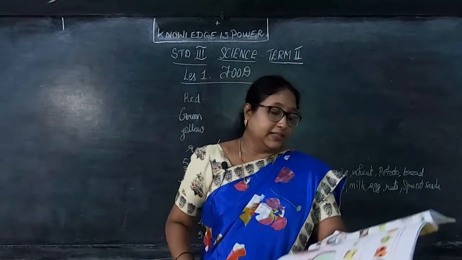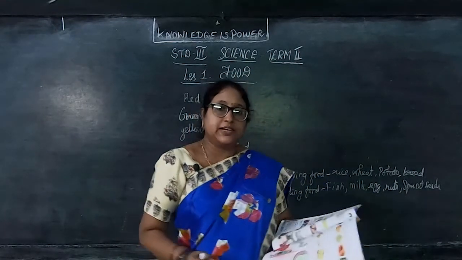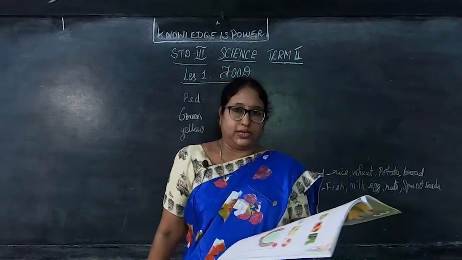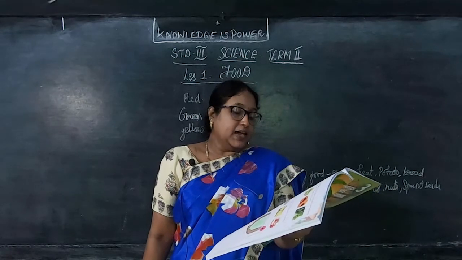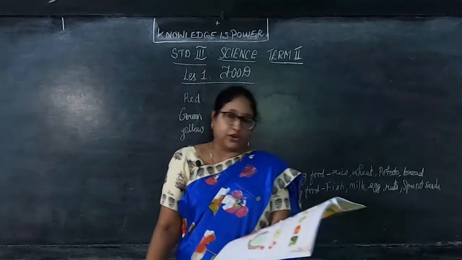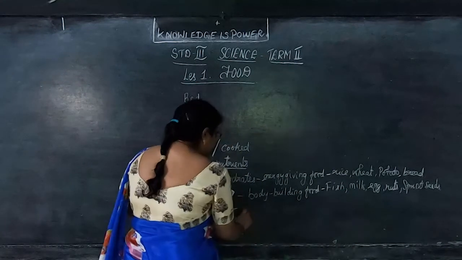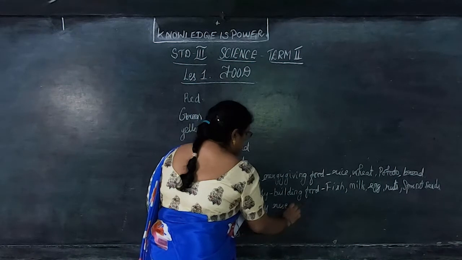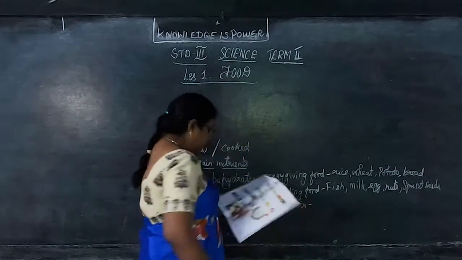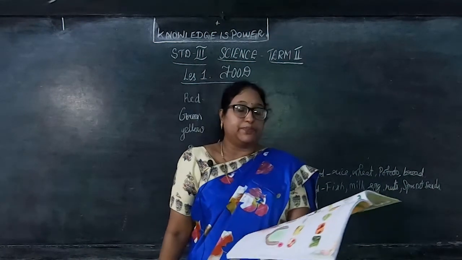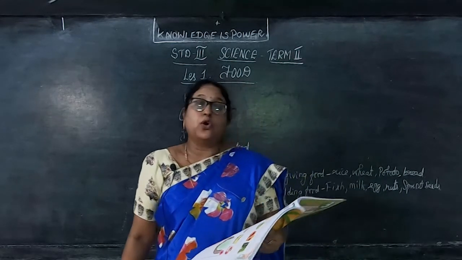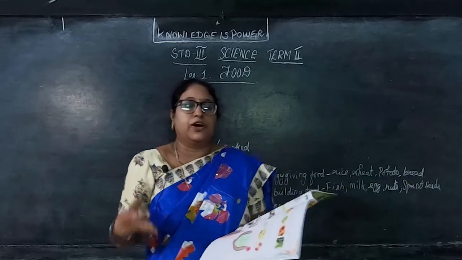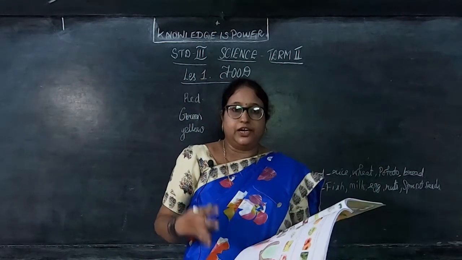Okay children? Then fats we'll see. So the next one is fats. Fats provide energy to us. They act as the body's energy reservoir, that is storage. They store the energy. Okay children, then fat also helps to keep the body warm during very cold weather. So now we are having the cold weather, right? So what happens with this fat in our body? It keeps our body warm during the cold weather.